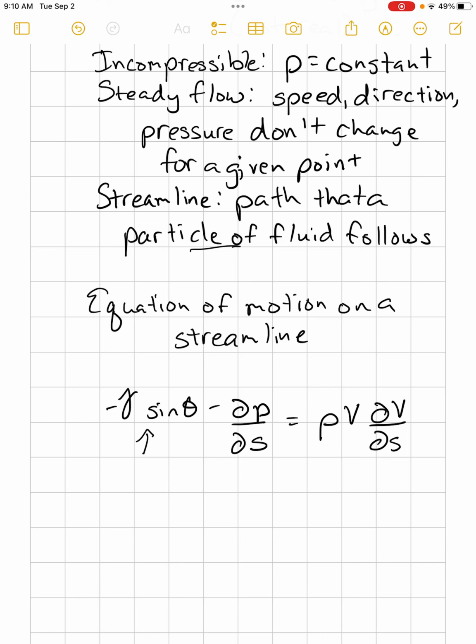This is the term we use. So we're looking at the pressure along a streamline, and this term is basically what we use if the streamline is tilted at an angle from the horizontal. So we've got our specific weight times the angle. This is kind of a gravitational factor. So if the streamline is tilted,